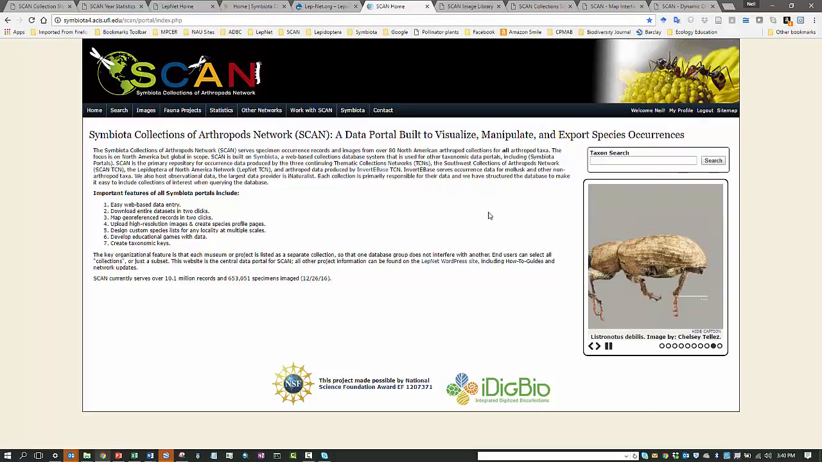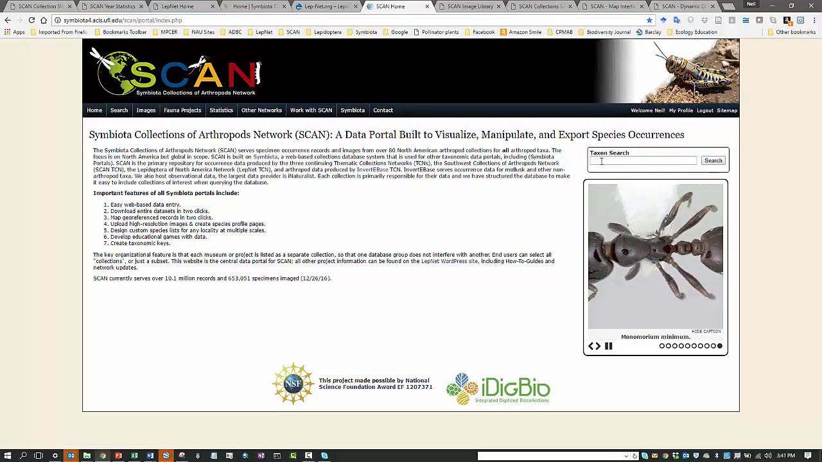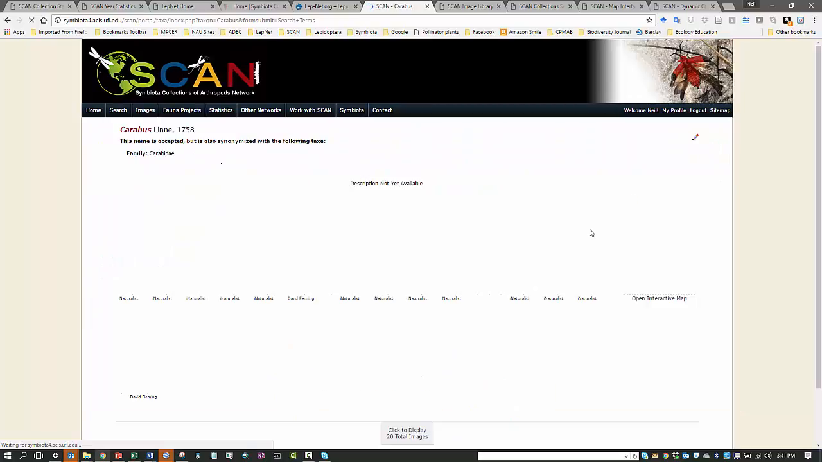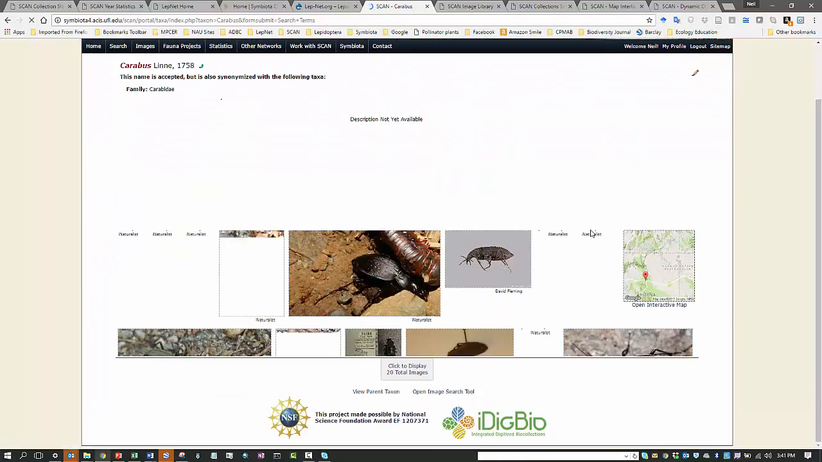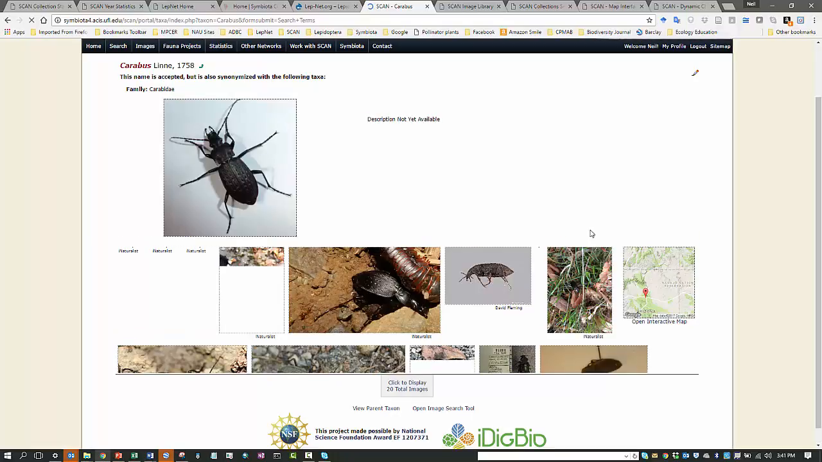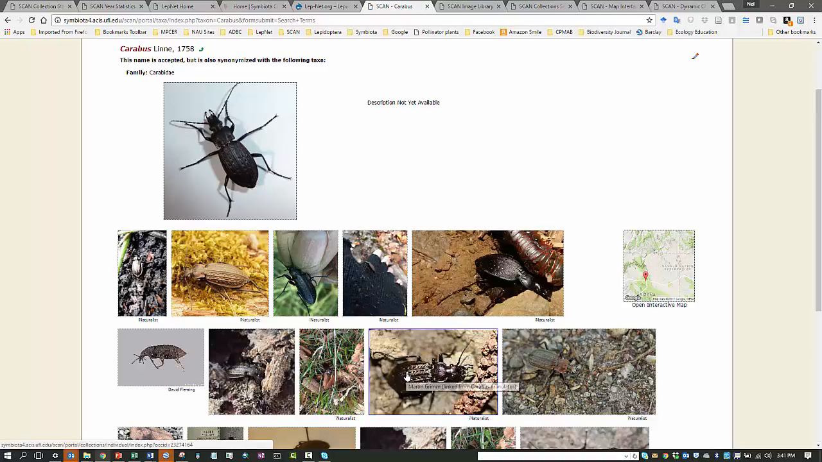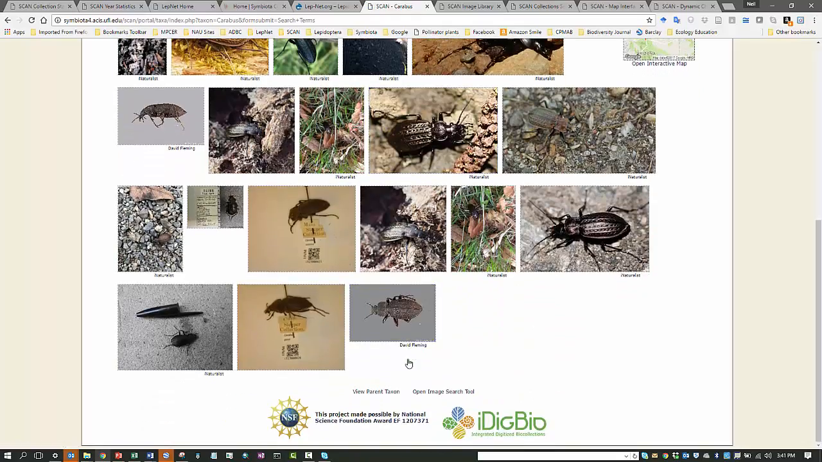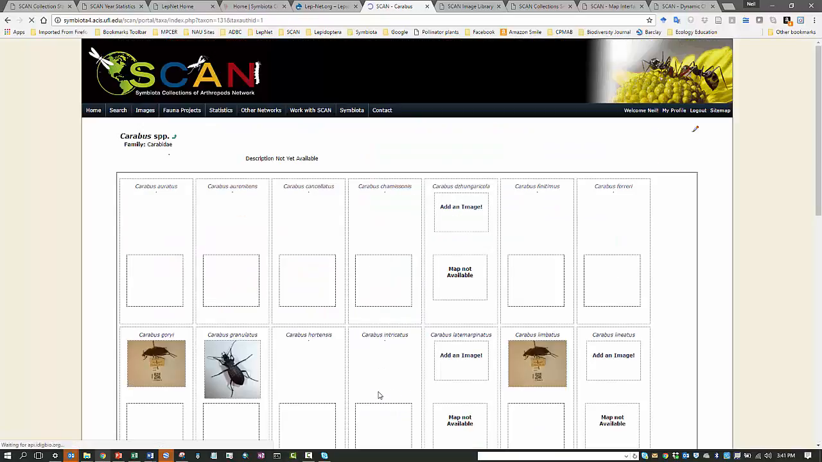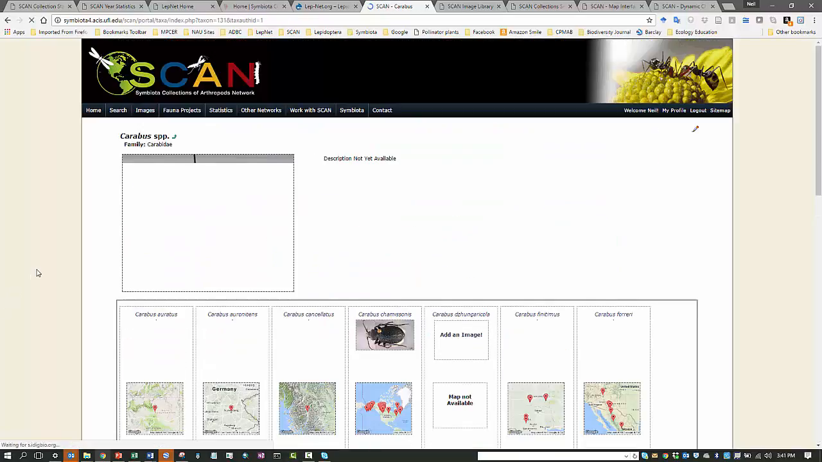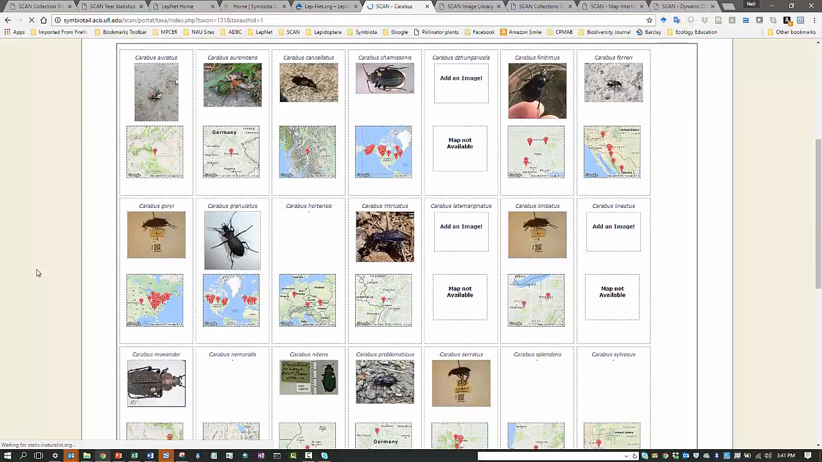There are a few other types of information that you can get at that you don't have to get at through these tabs. For example, you can type in a taxon search, and so I'm going to type in Carabus, and this will show all of the pictures of Carabus. And if we view parent taxon, it will then show all of the Carabus species that we have any data